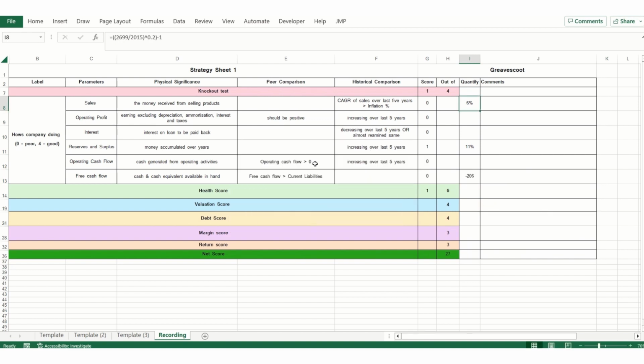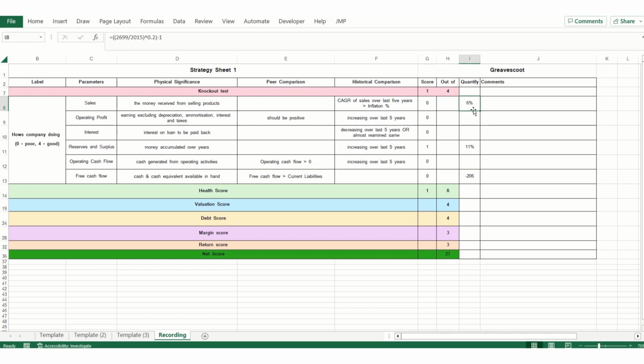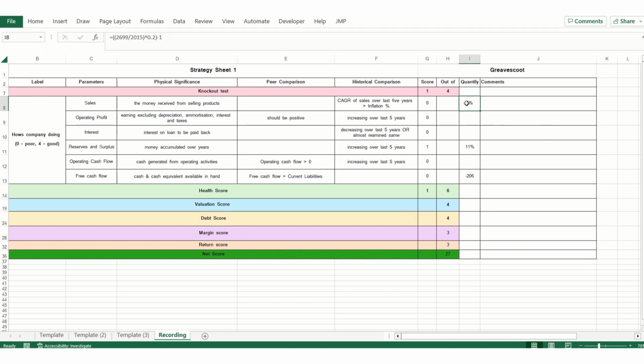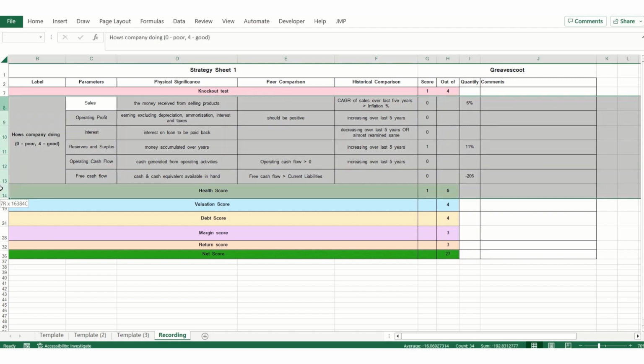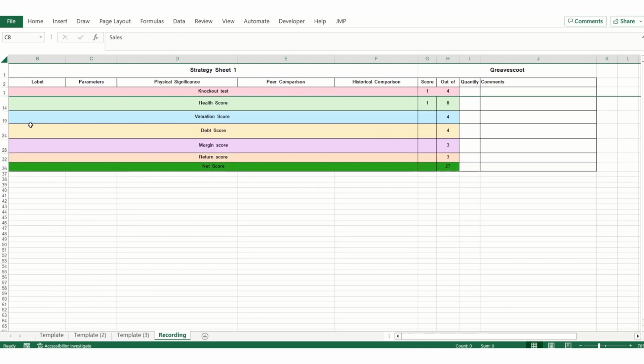One thing you have to be aware of is that we are using percentages here. By default, if I go here, my column is selected as percentage. And if your column is not selected as percentage, you can click here to make it a percentage or multiply by 100, but make sure this is in percentage. I mean, this value should be 0.06, and don't call it 0.06%. I know most of you would be aware of it, but just to notify. So let's hide our health score and proceed to the next part, which is your valuation score.